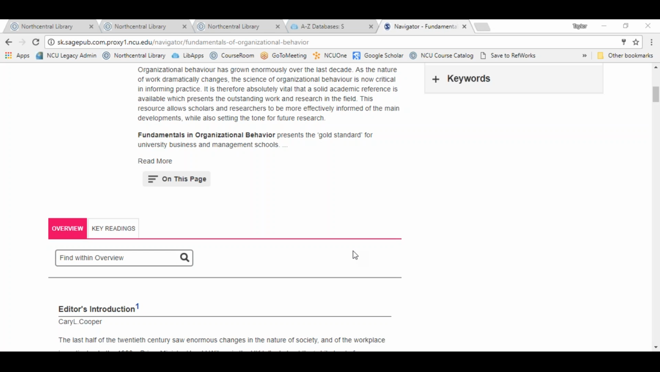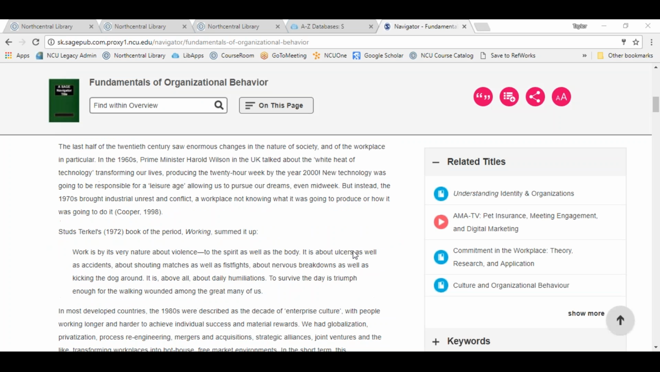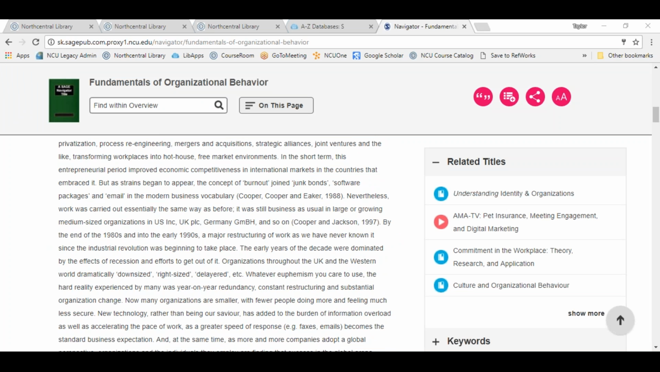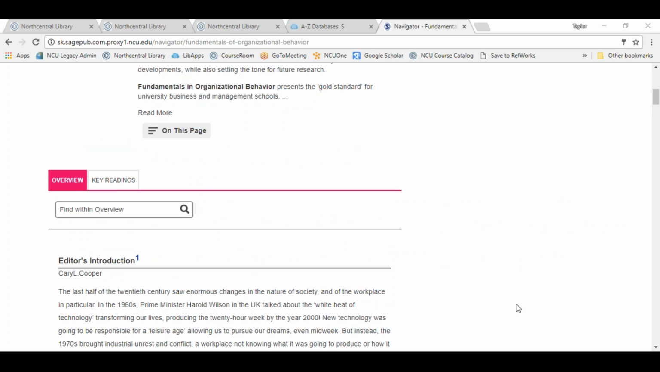The overview is precisely that. You're going to be presented with an overview of the field. There's going to be an introduction as well as subtopics related to the fundamentals of organizational behavior. So if I wanted to better my understanding of the emergence of this field and critical movements or changes that have happened within it, then I would read this overview in its entirety. Once I've examined that overview, then I can toggle over to the next tab,